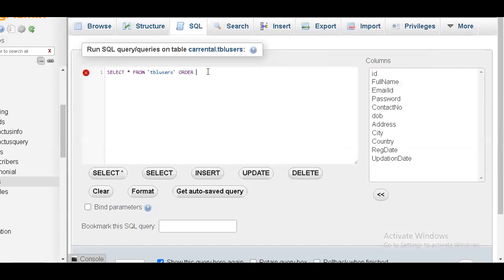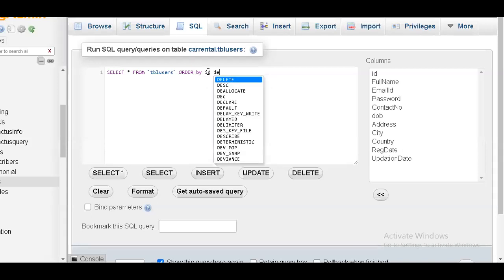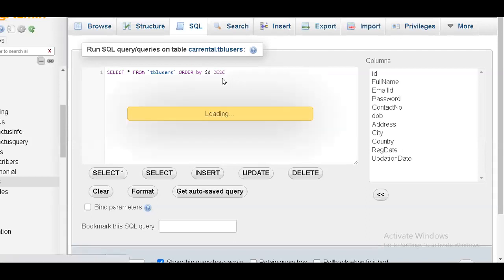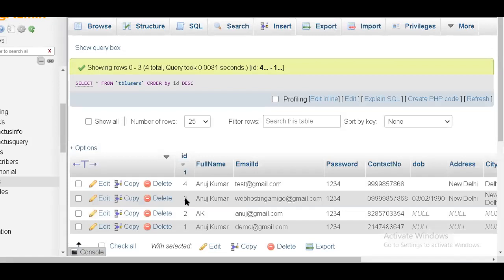So I'll say order by the column name. So I'll be going within a column, roll number. According to the roll number, I want to go in descending order. Now if I enter, you're going to see here 4, 3, 2, 1.